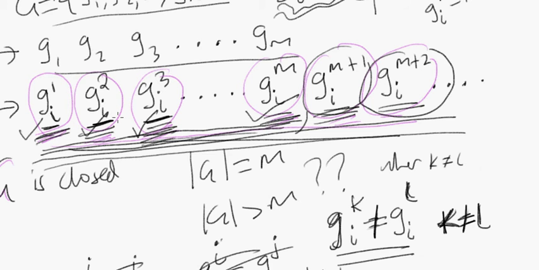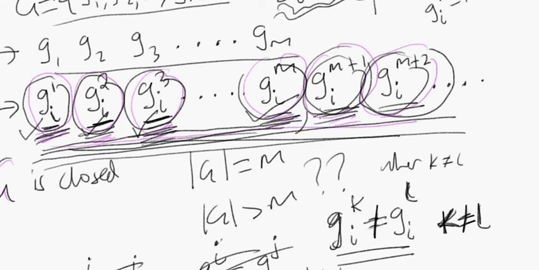Isn't another way of saying that, doesn't it also mean that none of these g_i to the 1, g_i to the 2, g_i to the 3, g_i to the m, g_i to the m plus 1, all of those, isn't that the same as saying that all of them are distinct? If all of these g_i to the 1, g_i to the 2, g_i to the 3, g_i to the m, and so on and so forth, are distinct, then aren't we saying that